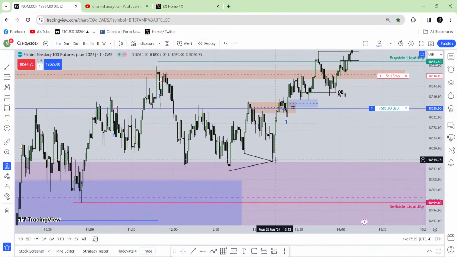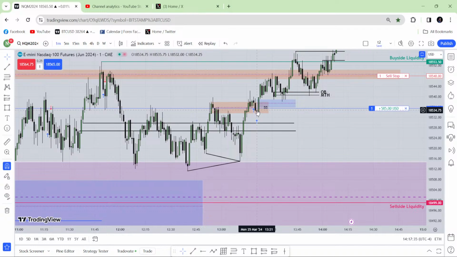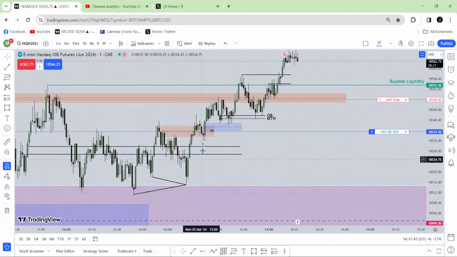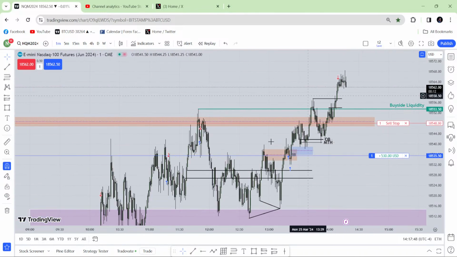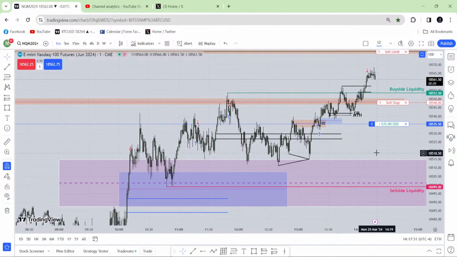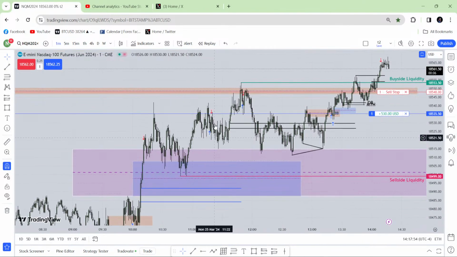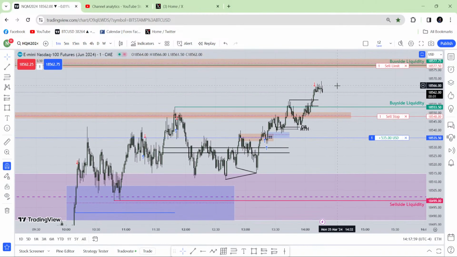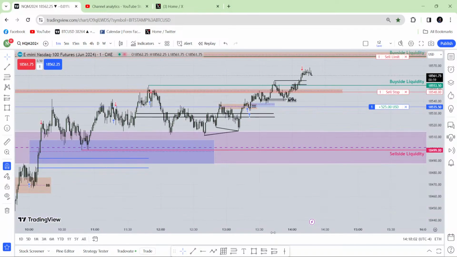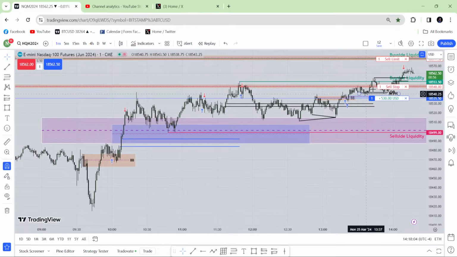Let me check actually. Around here, market went lower and gave you the market structure shift. This is the fair value gap entry. Now, it's not absolutely perfect, but it was a good entry. That's all, brother. But until now, I don't see a perfect entry from today. This is just whole consolidation. See, went higher, consolidation, went higher, consolidation, went higher. Again, long-term consolidation, then went higher. So if you ask me about the price action over here, I will say the whole thing is just consolidation, nothing else.